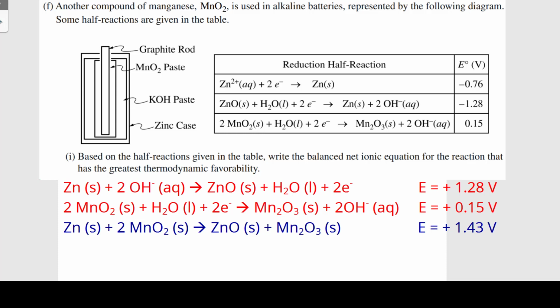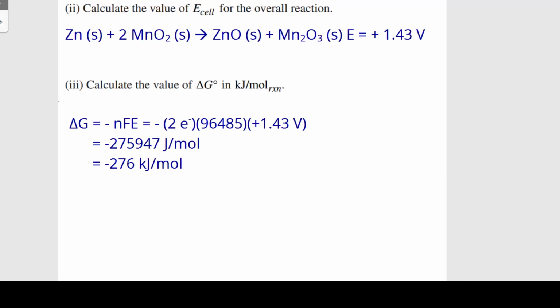The manganese dioxide plus the water plus 2 electrons. This is the reduction reaction, the reaction that occurs at the cathode, and that makes the Mn2O3 and the 2 hydroxide. And just cancel out the things on both sides, and we're left with this reaction, which is zinc solid plus 2 manganese dioxide solid gives you zinc oxide solid plus Mn2O3 solid. And that gives us an overall E of positive 1.43 volts,